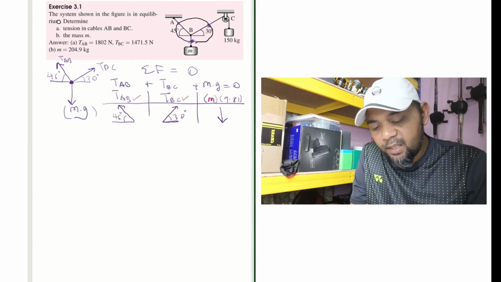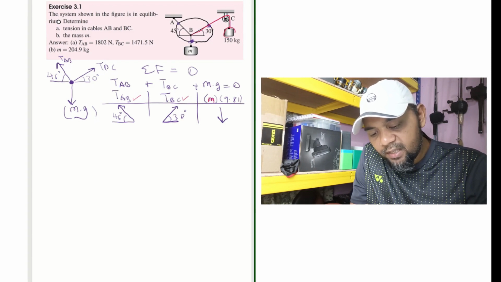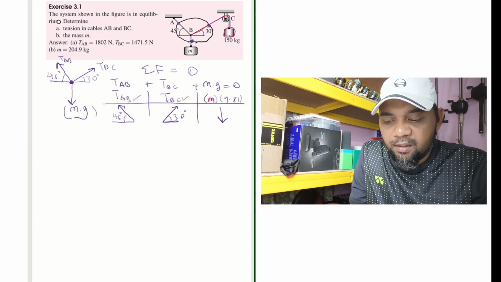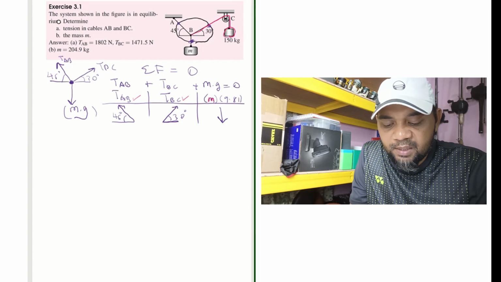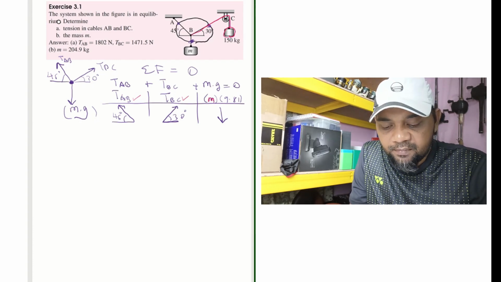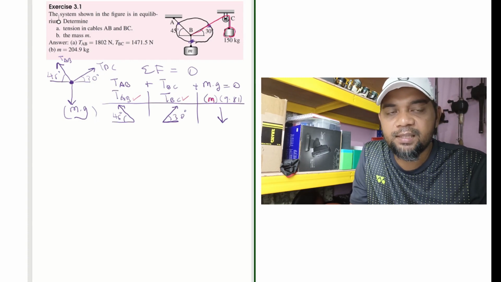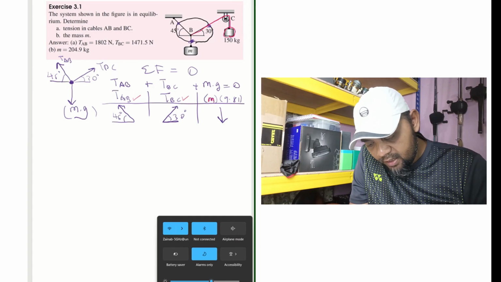But if you look at the other part, which is point C, this cable is actually linked to the mass of 150 kilogram, meaning that the tension in the cable that holds 150 kilogram is the same tension as the TBC. One cable that goes through a pulley will have one same tension. So, in other words, we should know that here